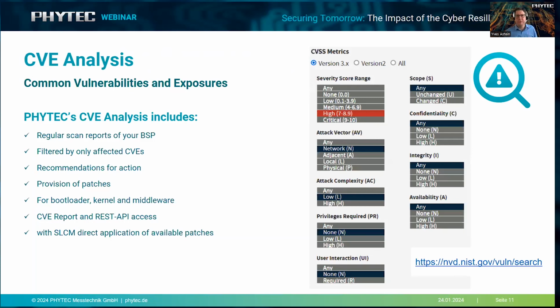In parallel, if you want to, of course, analyze your device in the field for any vulnerabilities, you will need some functionality in terms of CVE analysis, common vulnerability analysis. These vulnerabilities are maintained in databases by the NIST, for example, and of course, like Mike also said, through the CRA, you are also obligated to provide information about any vulnerabilities that you have discovered on your device. And these reports that you put out will also be put into the NIST.